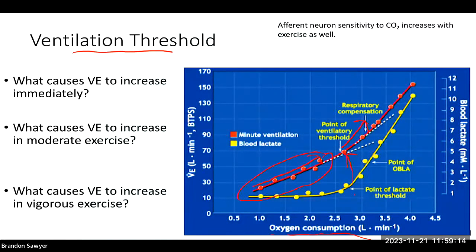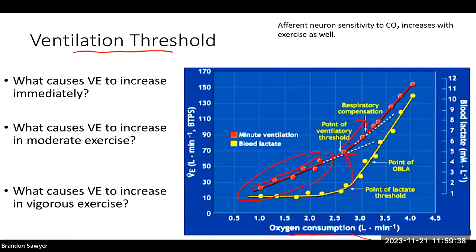And so now we've got the extra going from the point before the threshold to a point after the threshold. We've still got more CO2 coming from the oxidative system because we used our oxidative system more, but now we've also got that added CO2 coming from buffering as well. And so that's making this new linear relationship where it's a little bit steeper now than it was previously. Okay, so